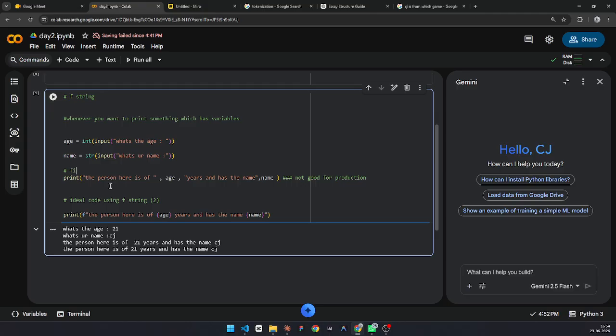Let me just make a change first. Let me just make the code more readable, because I'm very bad at writing comments. I don't like to write it actually. Actually, second method.